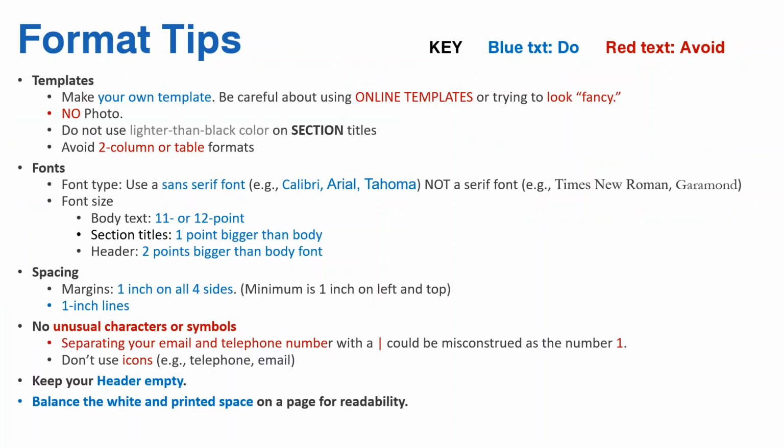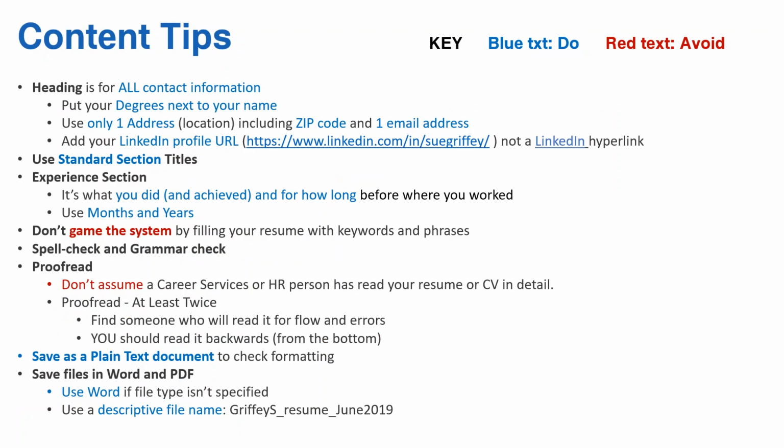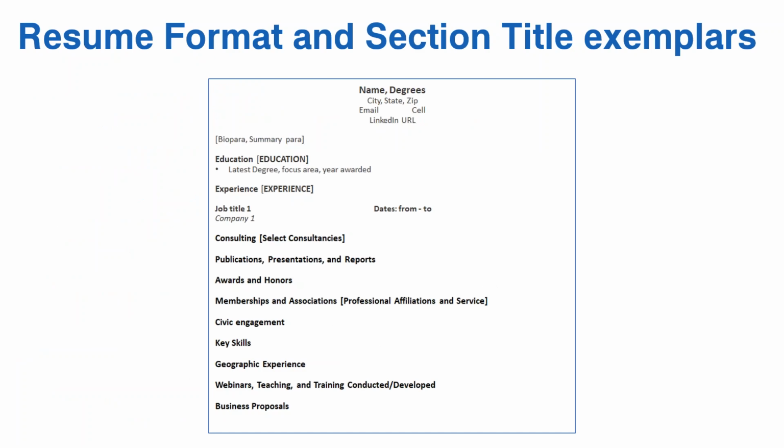All right. I told you you'd see these again, and now you do. The blue text is what you should do, including, I just realized I made a spelling error, so forgive me. And the red text is what you should avoid doing. So here are all the formatting tips that we talked about in one easy way to view them. And all the content tips, including all the way through saving. So again, here are the things that you should focus on, and here are the things that you should avoid in red. And finally, just to remind you, here's a sample resume format and different section titles,